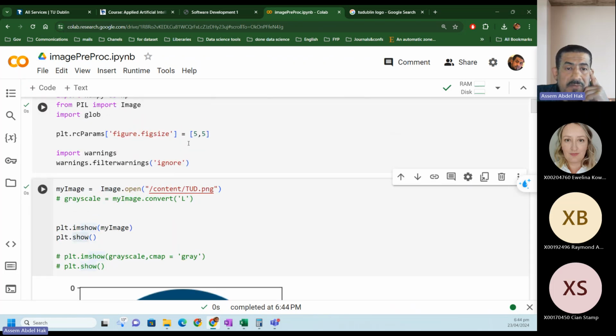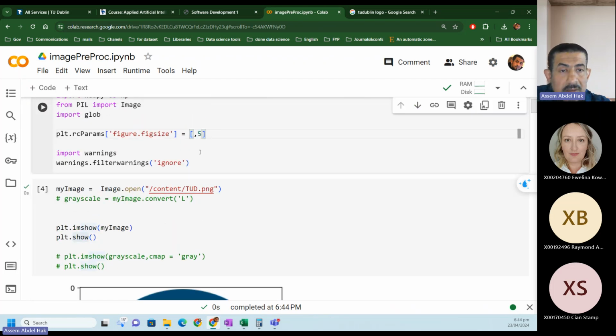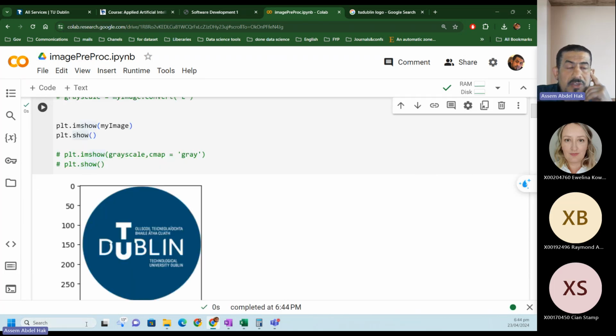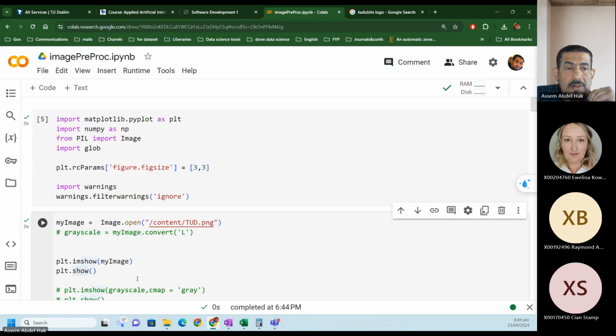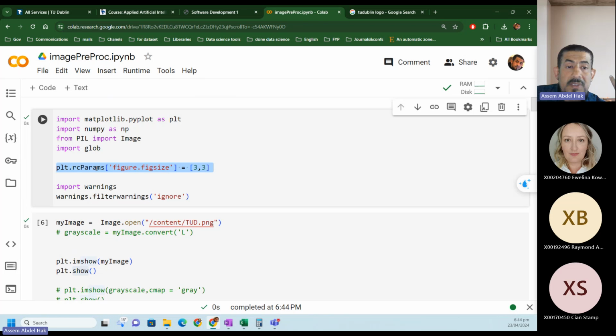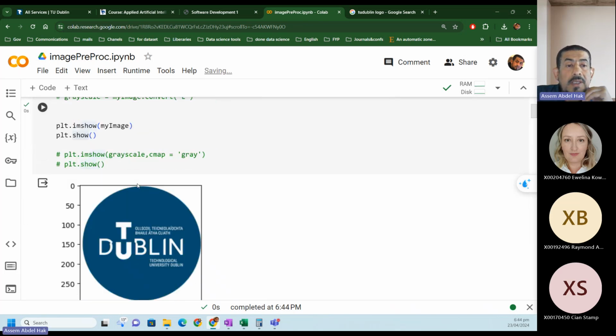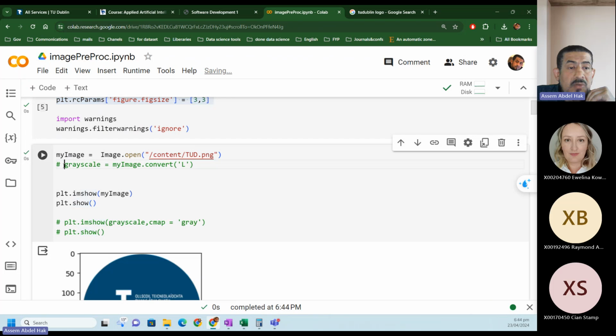Of course, guys, if you change this for 3 times 3, in this page it will be 3 inches times 3 inches. Okay, guys. All right. So this is about how to represent, how to show the images in this page. All right. Okay. Here, guys, how to convert